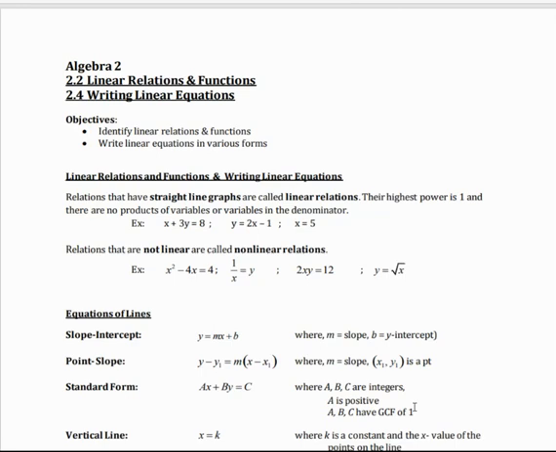Now let's have some fun with section 2.2 and 2.4. So let's take a look. It's all about linear relations and writing linear equations. A lot of this will be review from Algebra 1. So let's go through it a little bit together and try some problems together as well. So just recall, a linear